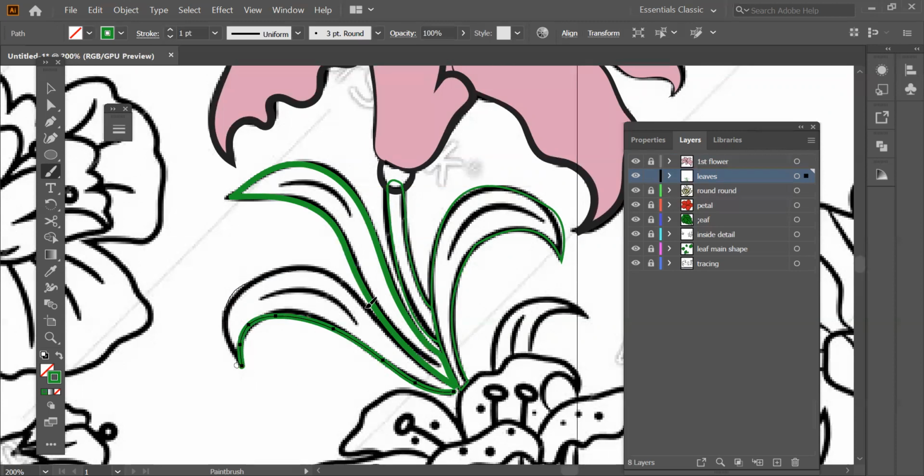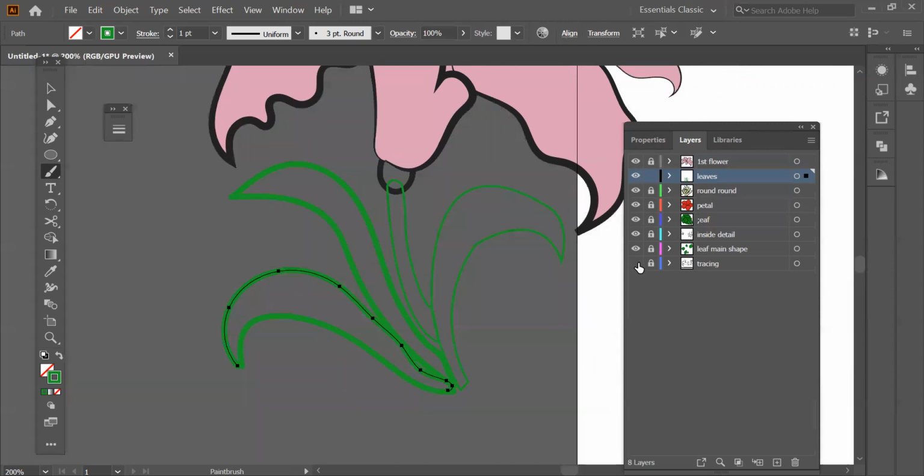See, the brush tool comes with a little bit of zigzaggy things. Over here you can see it's drawing that line again and again. So what do you have to do? You have to deselect everything first of all by taking the selection tool and clicking somewhere so that nothing is on. If the node is on, the brush tool gets a little bit cranky and it's just going to do whatever it wants to do. So I'm just going to eye off everything.